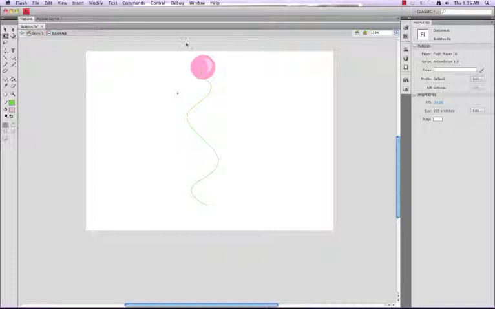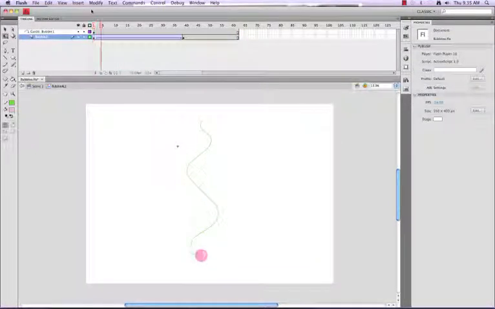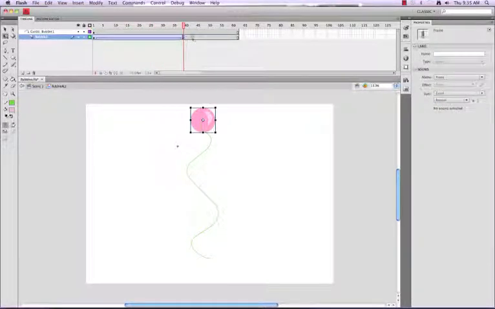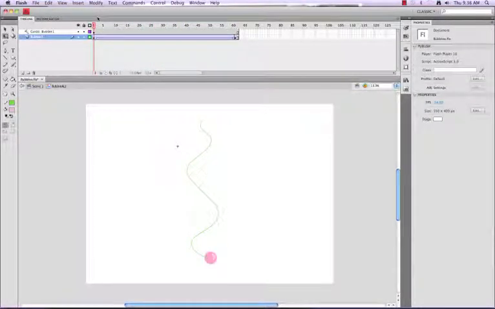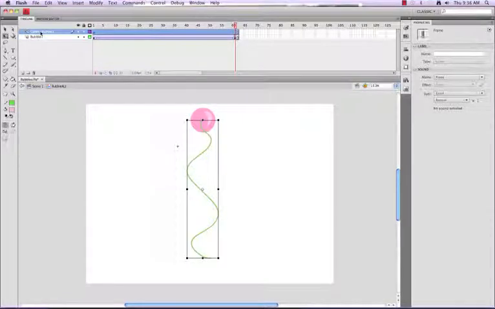Nice and slow. So it's taking a little while. I think that's probably a good speed to have our bubbles go up. If you want it to be slower, then you just extend the timeline and it'll go up a little bit slowly. Okay, now the only thing that happened when I did that, it disconnected the guide layer from the bubble layer,